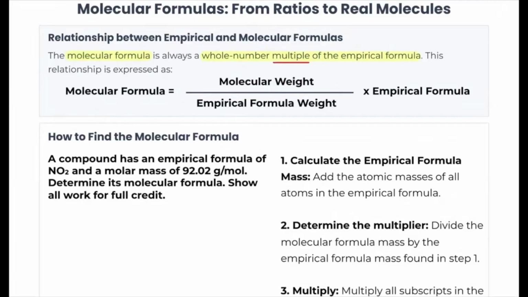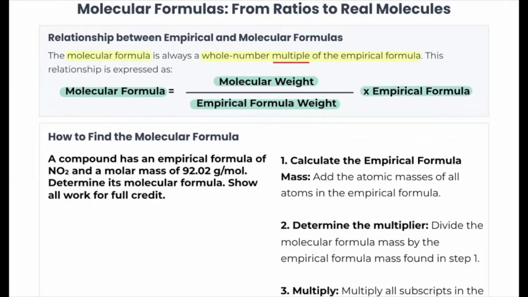And here's the key equation I want you to remember for today. The multiplier is going to be equal to the molar mass of the molecular formula, so in other words, the molecular weight, divided by the molar mass of the empirical formula. When we divide these two numbers, we get what's called a multiplier. And that multiplier, we can take it and multiply it by every subscript in the empirical formula